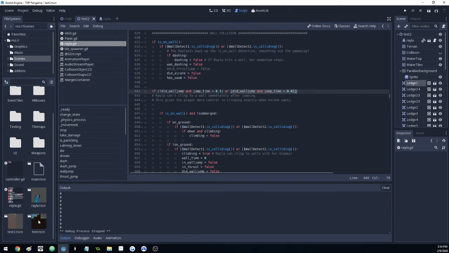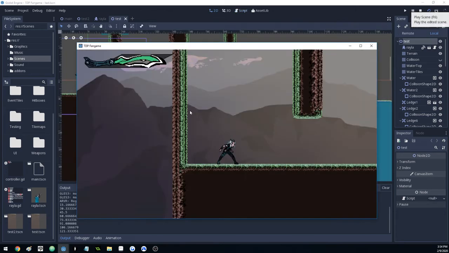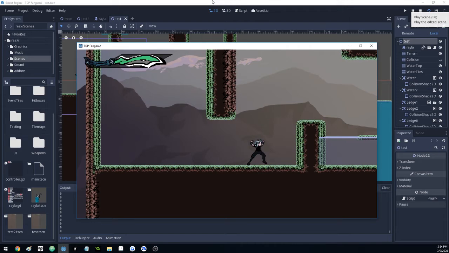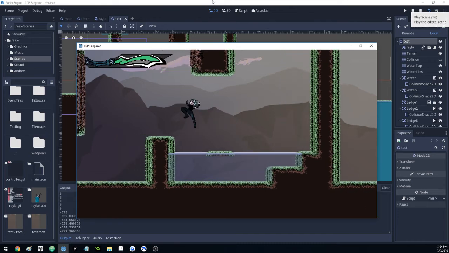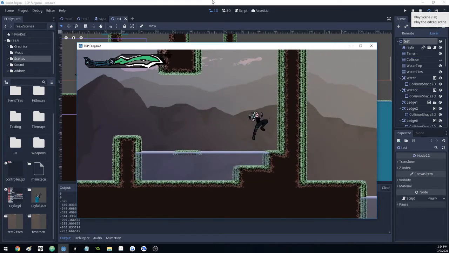Here I can demonstrate this better in the other test stage, the first one that I made. I can do that for you right here. So I'm going to wall jump, and that was not very much time, but I was still able to grab the wall and jump immediately. Whoops. Yeah, and